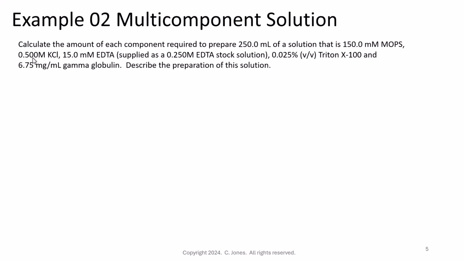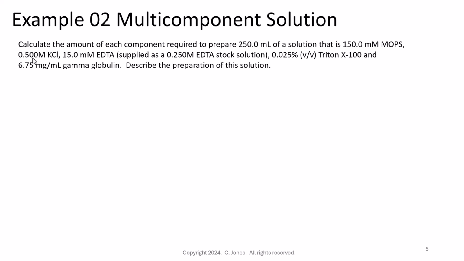EDTA chelates divalent metal cations like calcium and magnesium. Triton X100 is a non-ionic detergent. It is often used to solubilize membrane proteins. It helps pull proteins out of the cell membrane, and it also can help to solubilize other hydrophobic or non-polar